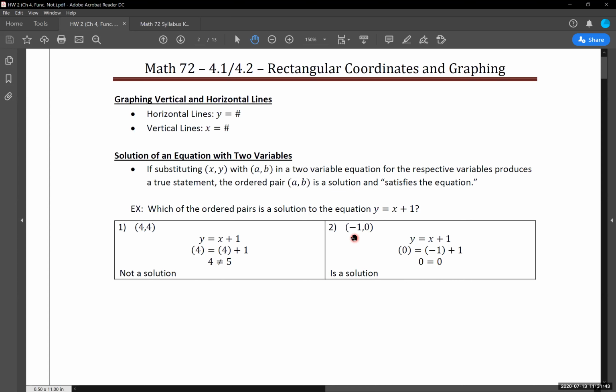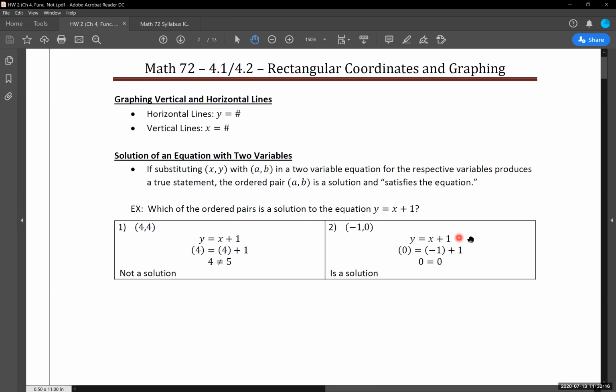Let's work with the point -1, 0. So again, we're starting with write out the original equation. A lot of people do not do this step. A lot of people just jump to start plugging things in and starting to solve all at once. Do not do that. When people ask me, I don't know what I'm doing wrong here, I always ask them, did you start off by writing the original equation? Did you start off by just substituting the values in first? If they didn't do that, then that's generally where errors show up.